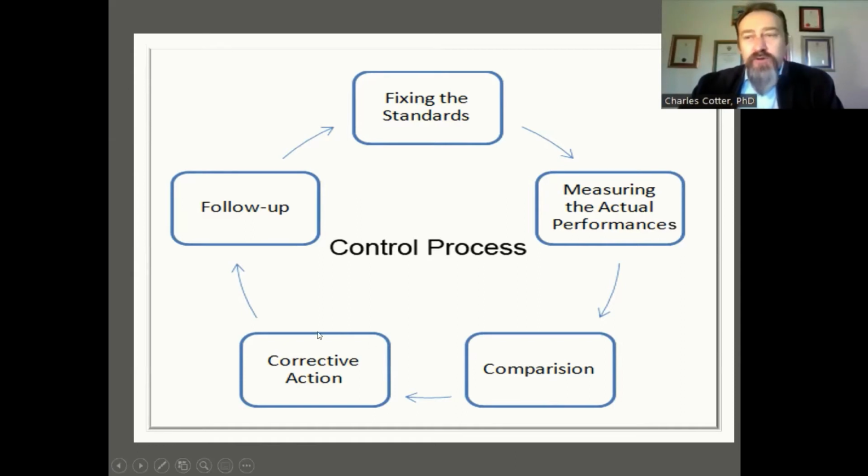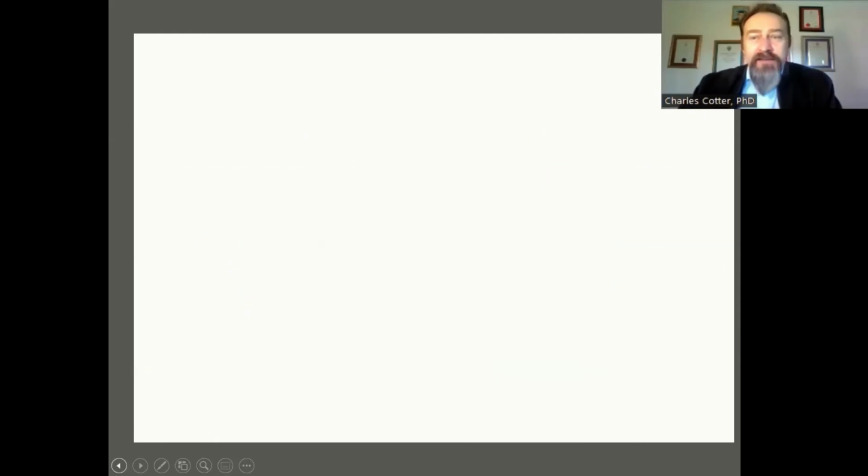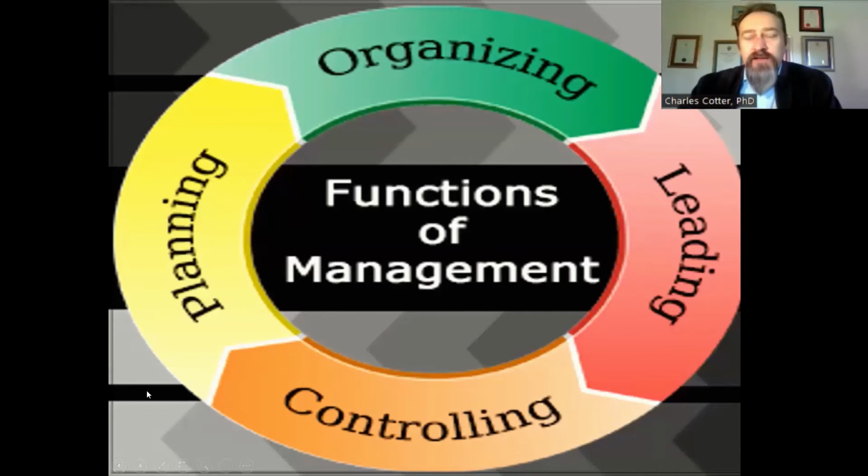And of course, it might require some sort of corrective action just to redirect or correct that particular deviation. So I think that's typically the inextricable link between planning and control. You cannot plan in isolation to organizing. You cannot plan in isolation to control. And I think we'll position leading as the foundation, because leading is probably embedded throughout the management functions, because when we plan, there are elements of leadership. When we organize, the same, and even when we control, we need to be exercising and flexing our leadership muscles,